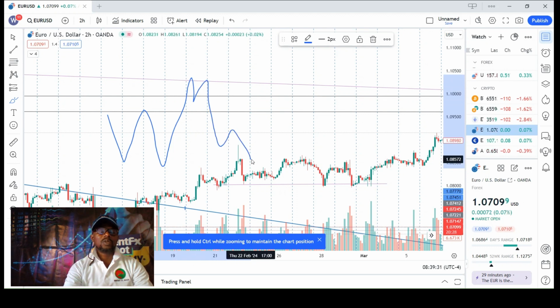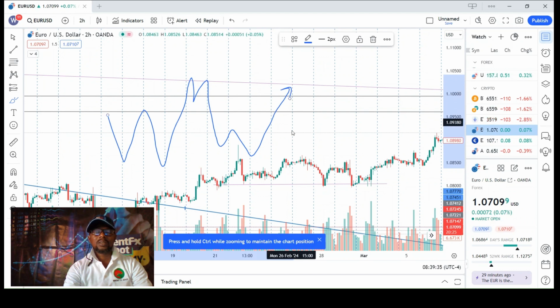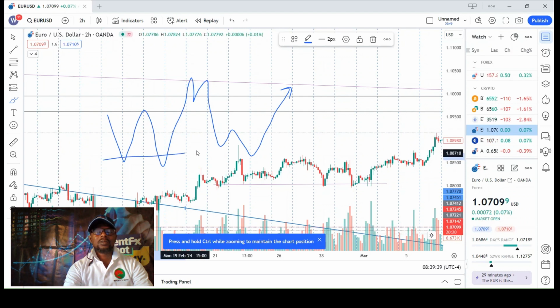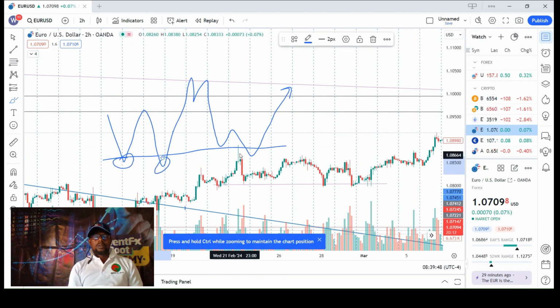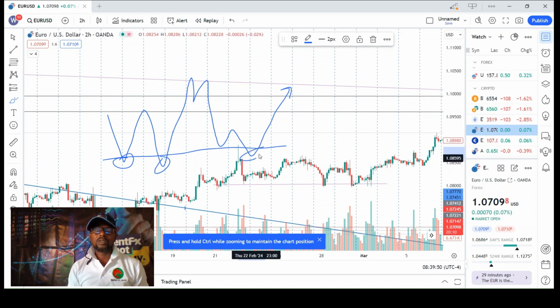So when you are drawing your support, it has to touch. This is 1, this is 2, this is 3. So you have to have a minimum of 3 to 4 touches to make your support very strong, like the